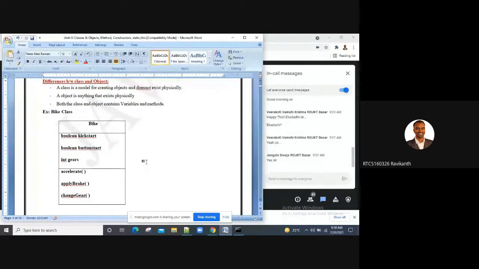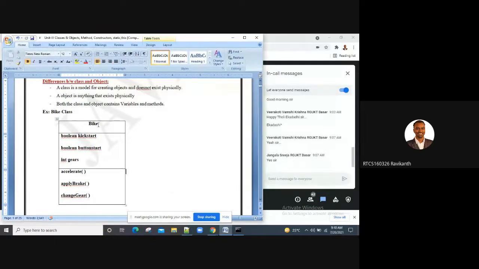When I was talking in Unit 1 about the classes and objects concept, I was talking about UML, Unified Modeling Language representation. A class consists of three partitions. The first partition is for the class name, followed by class attributes, then followed by class operations. In our terminology, these are the variables and methods.